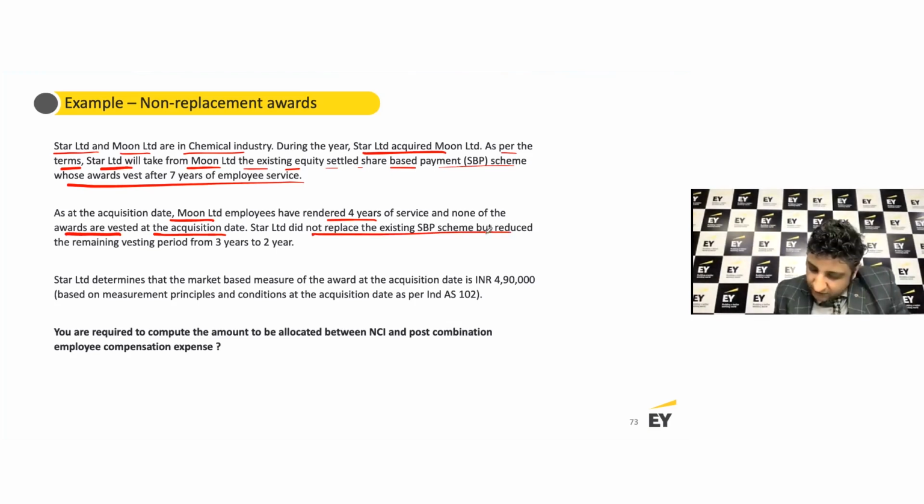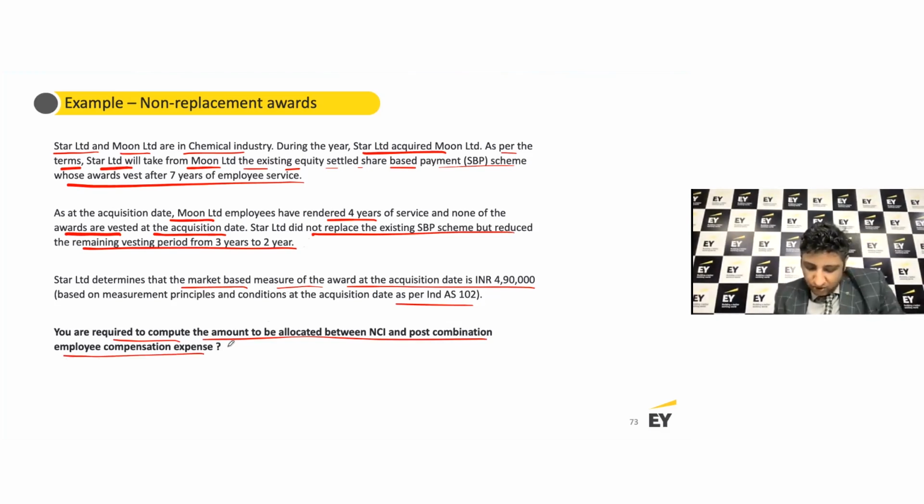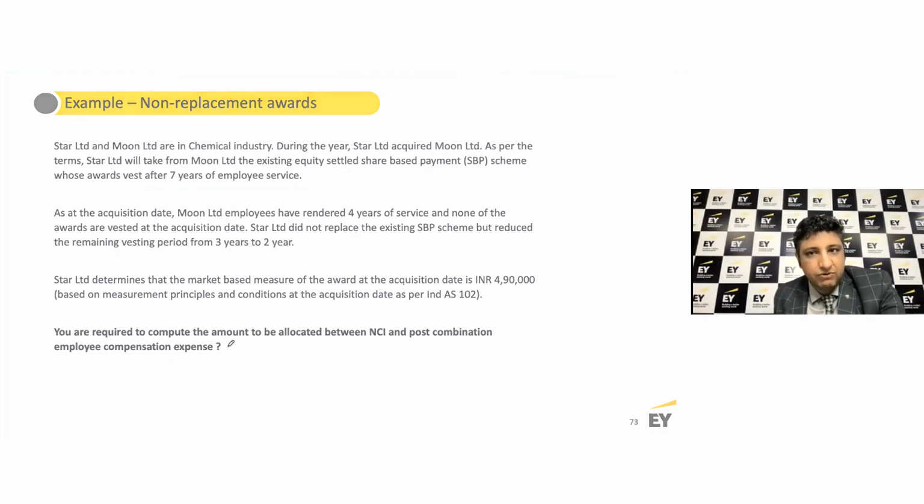Star Limited did not replace but reduced the remaining period from 3 years to 2 years, and Star determines that the market-based measurement of the award is 4,90,000 rupees. Now the question is, what is the amount to be allocated between the NCI and the post-combination employee compensation expense, right? Again, you bring that thought process around where you look at,